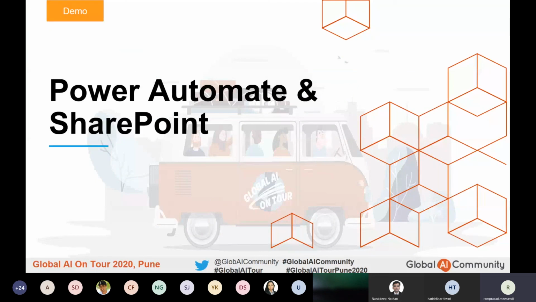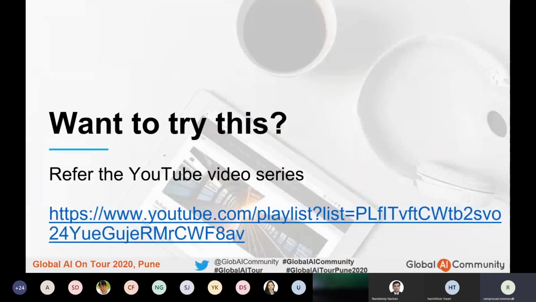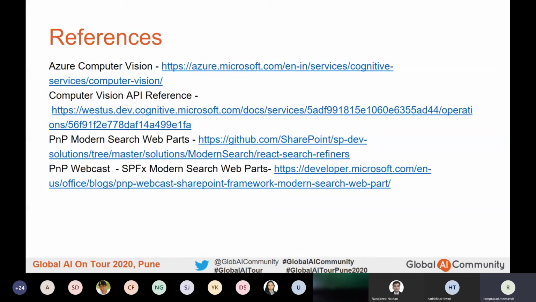And I think we have already gone through the demo of these things. So if any one of you wants to really try this out at your organizations and see how it can be used, I have a series of YouTube videos recorded which will give you the detailed steps. So the Power Automate flow on how to create it step by step, and how to configure your SharePoint search service, and what all to use within your computer vision API, right? All these are well recorded, and this is a series of 5 to 6 videos which you can always go through. And if you have any queries, you can always reach out to me.